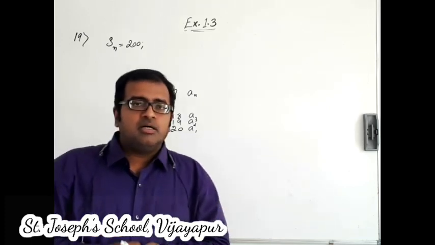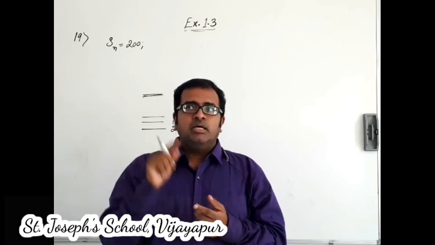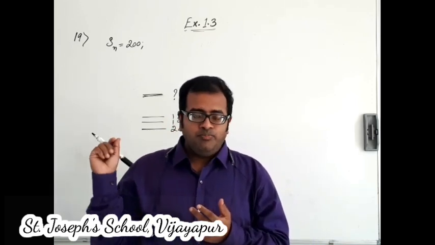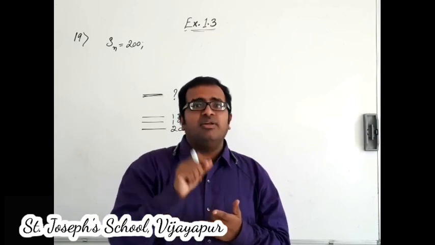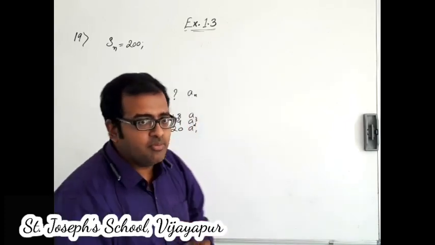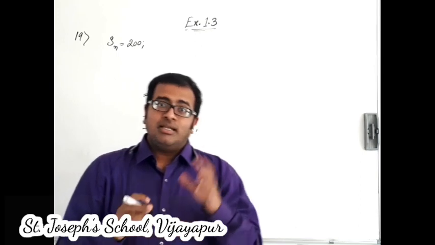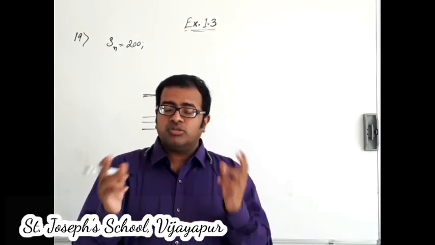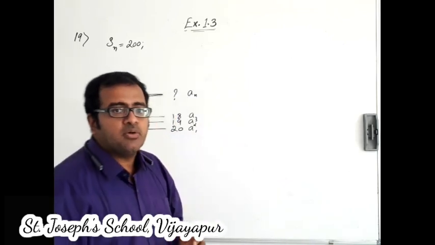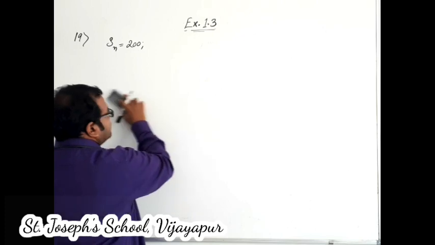For this, we cannot use the An formula because An is unknown. A plus n minus 1 into d is the formula, where A we know, d we know, but n we don't know. Since An and n both are unknowns, we will not go for the An formula. Then what about the Sn formula? The shorter version requires the last term and n. Both are unknowns. Again, we cannot use the shorter version. So the only option left is the longer version of Sn. So we will go for the longer version of the formula.